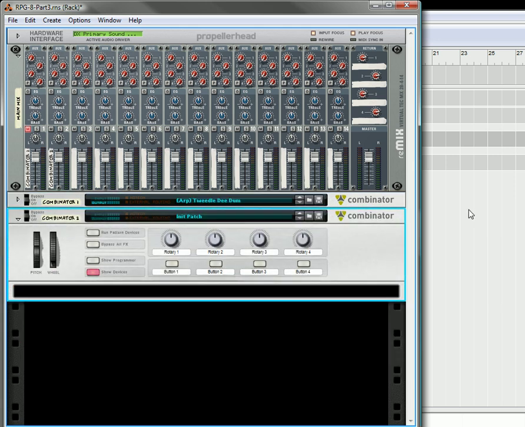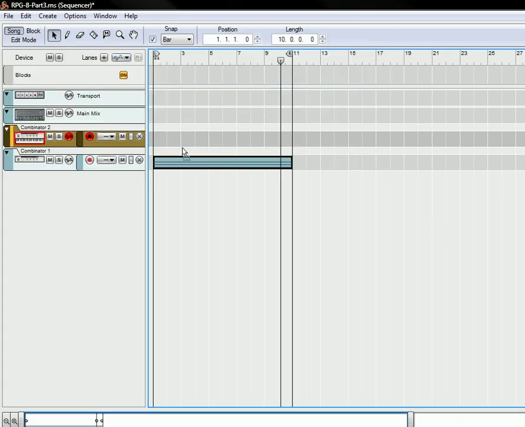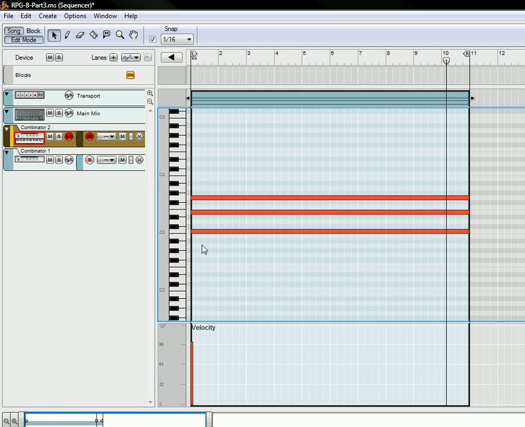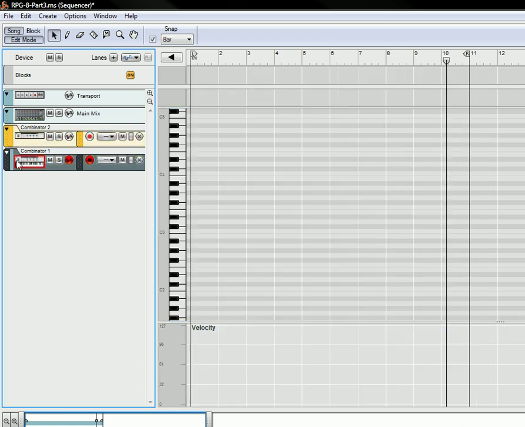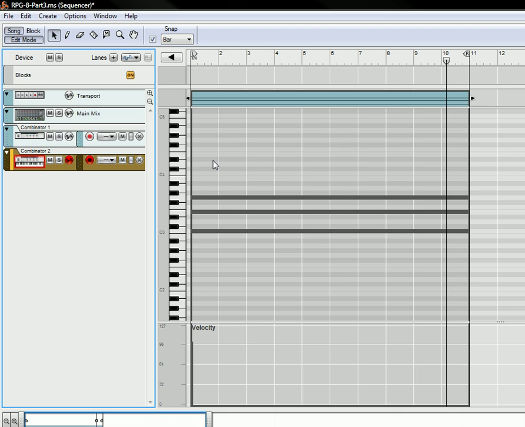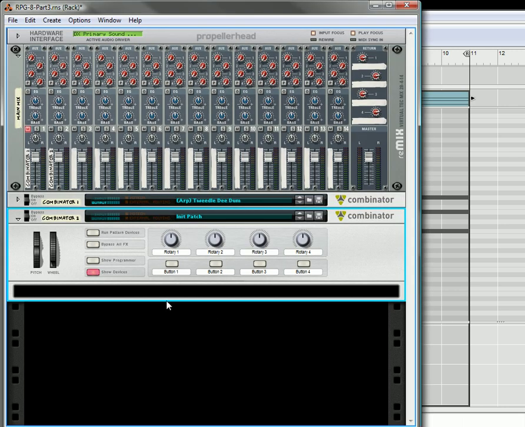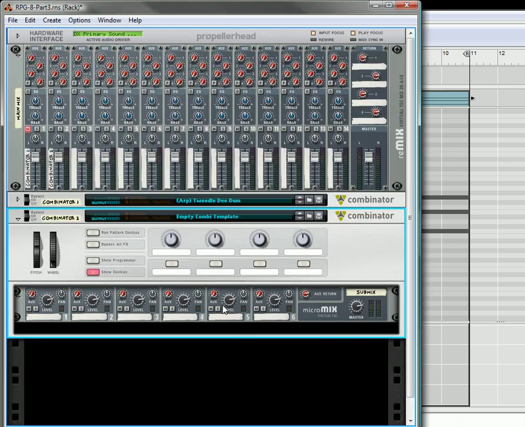I'm going to throw this underneath here. I'm going to take my C major chord. That's all it is, it's just the C major. I'm going to move this down here, keep a little bit of order here. Let's back it up. Okay, inside the Combinator patch, what I'm going to do is load up